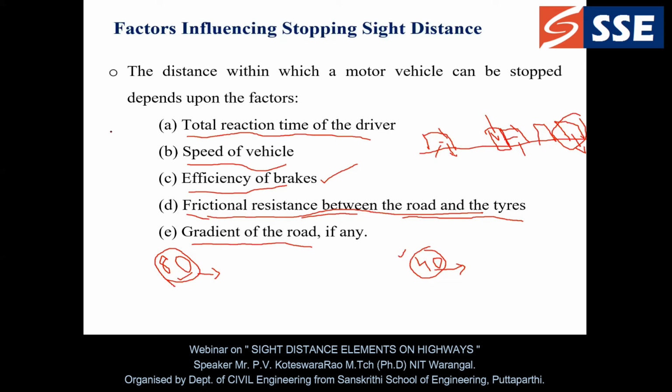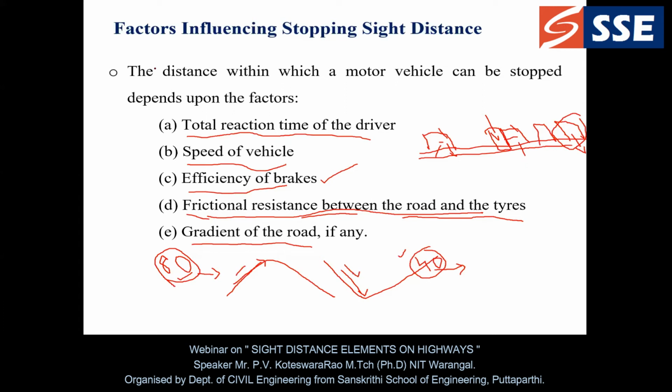Another one is gradient of the road. Already we have seen, if I am having an upward gradient, then the stopping sight distance is going to vary, and if I am having a downward gradient like a valley curve, then the distance is going to vary for these two specific conditions. In general, for a straight road surface where the gradient is almost zero, the sight distance is going to be high, whereas when you have a gradient like this, the stopping sight distance value is going to be less in these two cases when compared to the plain road surface.